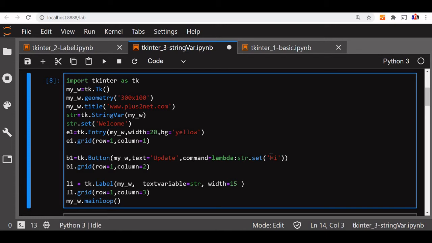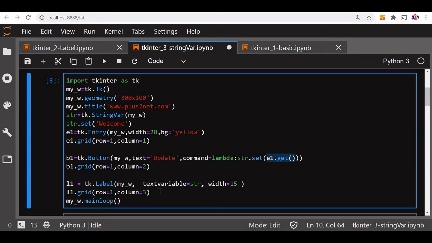Here we'll change the set value. Whenever the button is clicked, we'll not use a fixed text. We'll change it to e1 dot get. What is e1 get? Whatever we enter in our e1, the entry box, the same value on click of the button will be captured here, and we'll set that to our string variable.